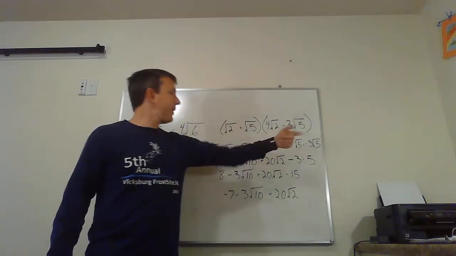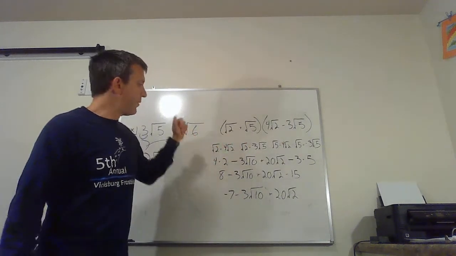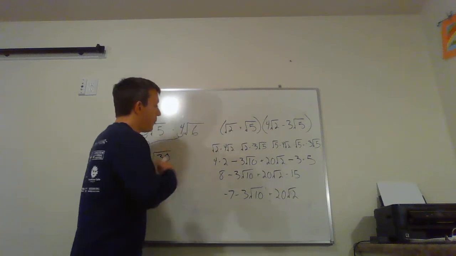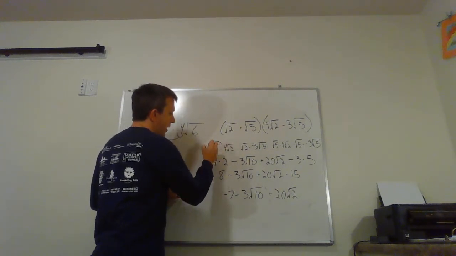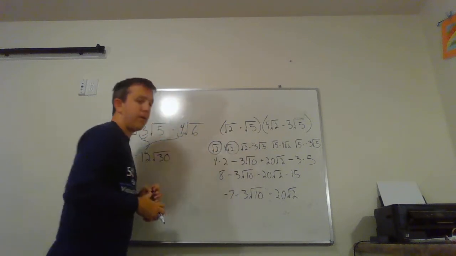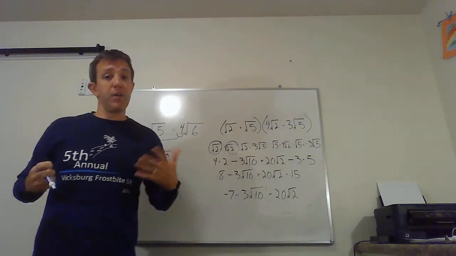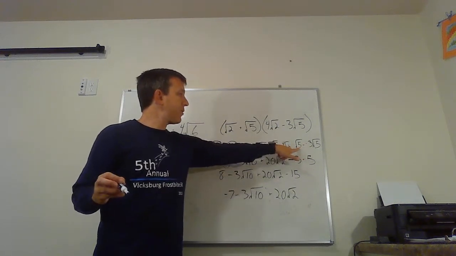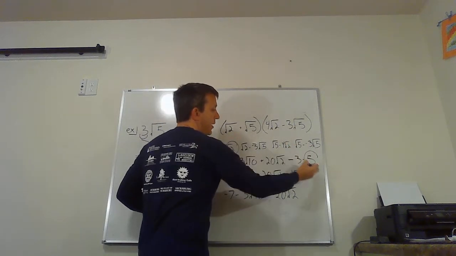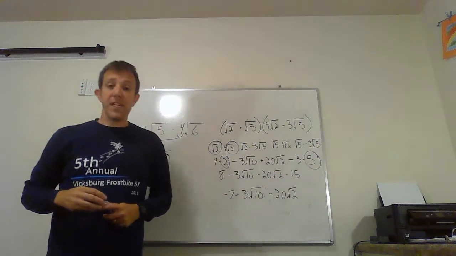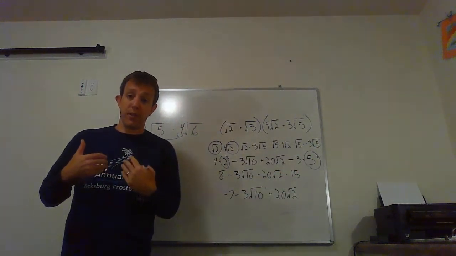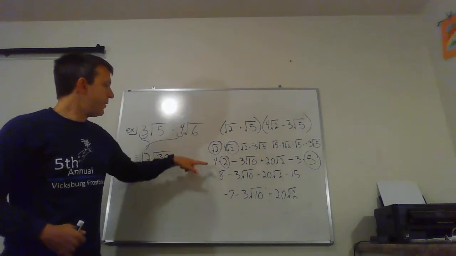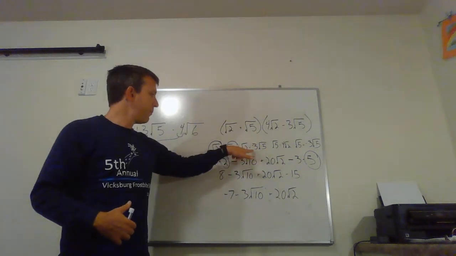So I have all my multiplication written out. It's kind of little, so hopefully you can read it. And when I multiply, one thing to remember here is this. Anytime you multiply two square roots together that are the same, you just get the thing on the inside, right? Square root of 2 times square root of 2 is just 2. And that happens down here again with the square root of 5 and the square root of 5. They combine to make 5. So just keep that in mind. If you're multiplying square roots together that are the same, you just get the thing on the inside. So I end up with 4 times 2, and then if I do the multiplication here,